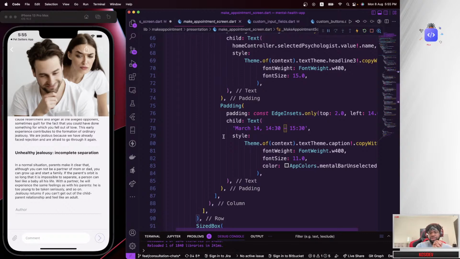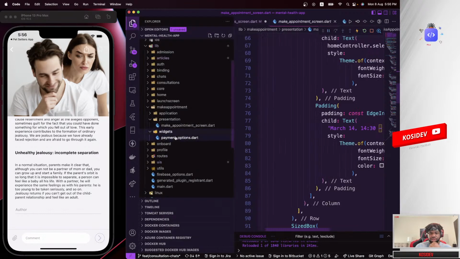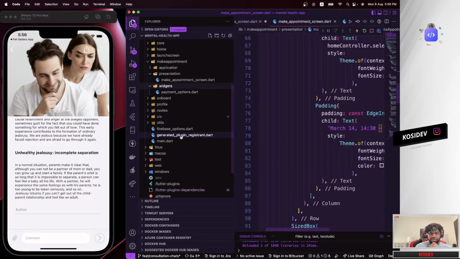So we could actually copy this out, but if we copy it out, it will be repetition of the same code over and over again in different places in our code. Basically, what we could do is map this out as a custom component, and that will save us a lot of time. So I could go straight here and